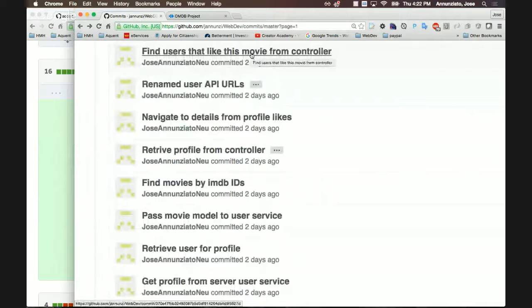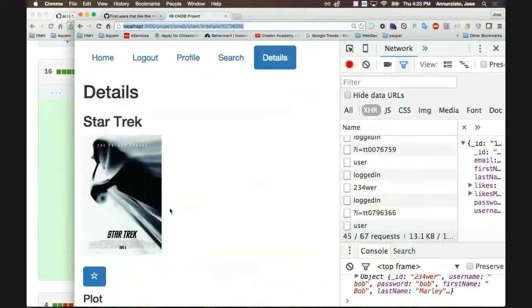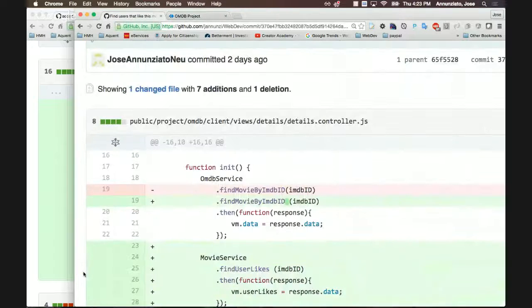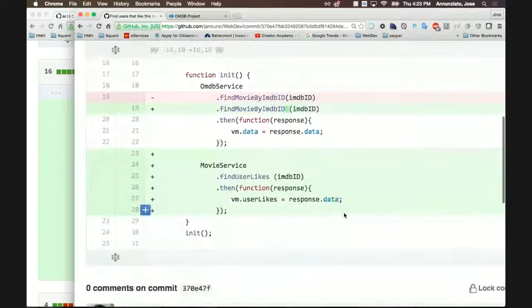Find users that like this movie from controller. So what I want to be able to do now is the opposite. If I go to a movie, I'd like to be able to find the users that also like this movie. It's the opposite. So in